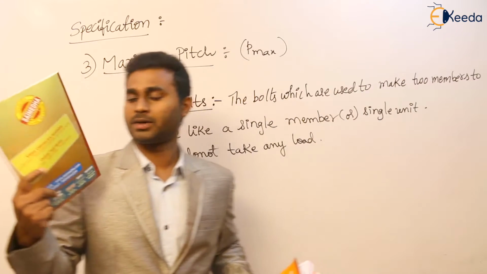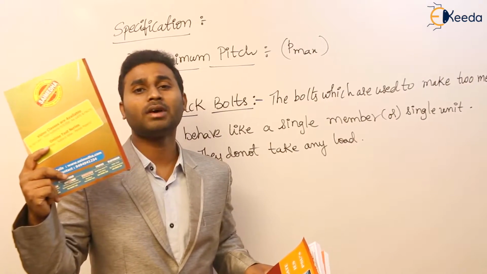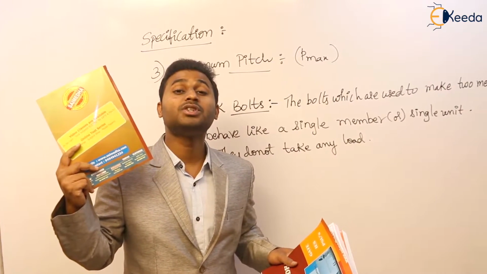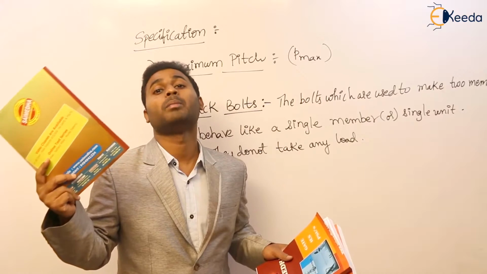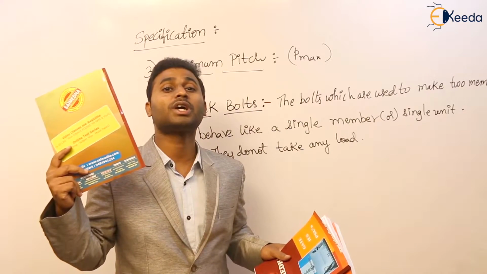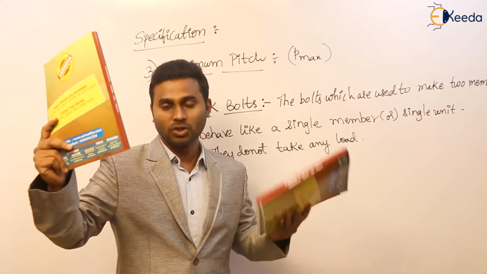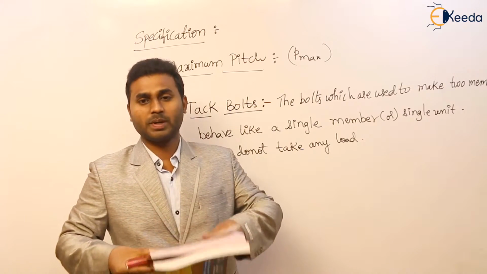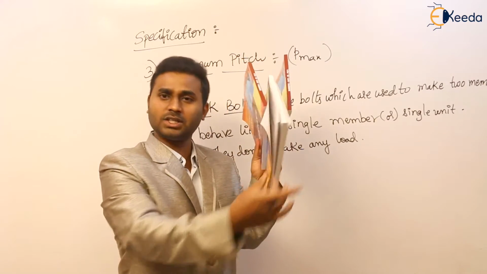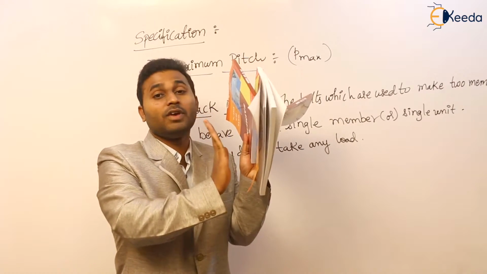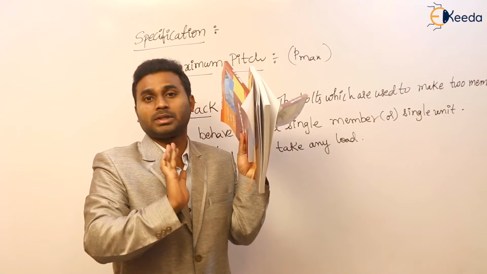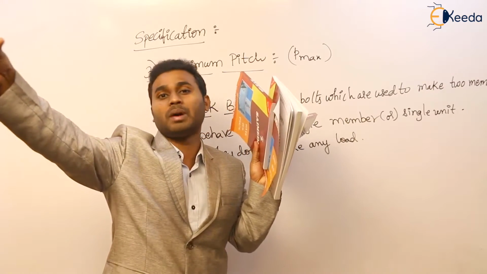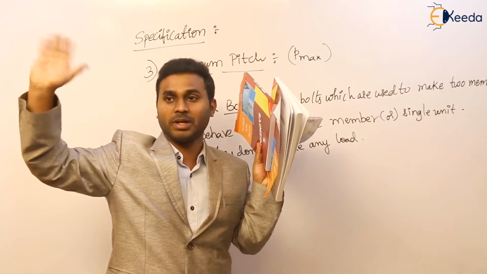So assume that this is a plate. Okay, this is one plate. Actually this plate in our design of steel structures is called a gusset plate. A gusset plate is a plate which is used to connect different members. So now this plate is there, and by using this plate we are going to connect these two plates like this. Here also there exists one more plate. So the gusset plate is a plate where we are going to connect different members. Clear? If you see the truss, from one joint there exist different members in different directions. Clear? I will explain the truss afterwards.